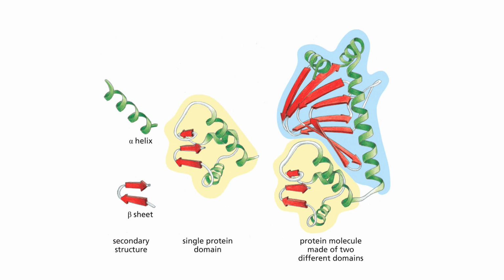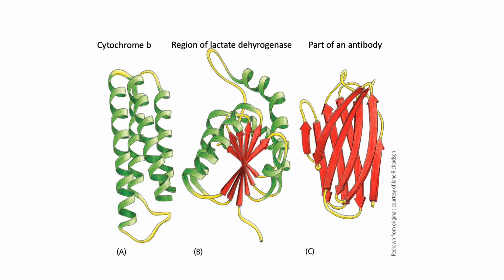These are secondary structures, and then we have more of a tertiary structure, which is a single protein domain, where they're folding up in a more complex fashion, and then you get an entire protein made of two different three-dimensional structures in a sense. So you have the one on the bottom in yellow, and the one in blue on top. And these are ribbon diagrams. Let me just show you some others. These are ribbon diagrams